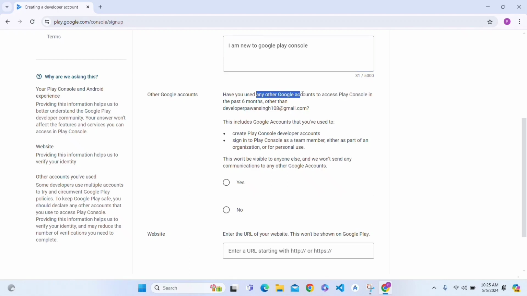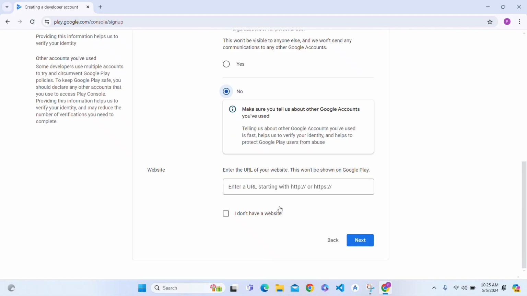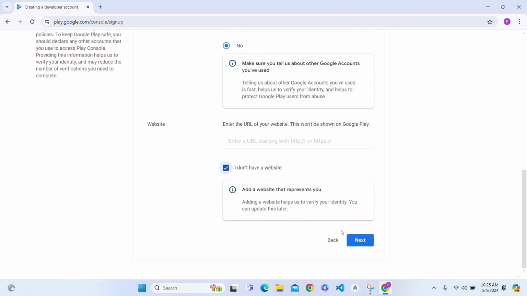If you haven't worked on Google Play Console earlier, you click on no. I will click no. If you have a website, give your website link here. I don't have any website, so I will click on I don't have a website,